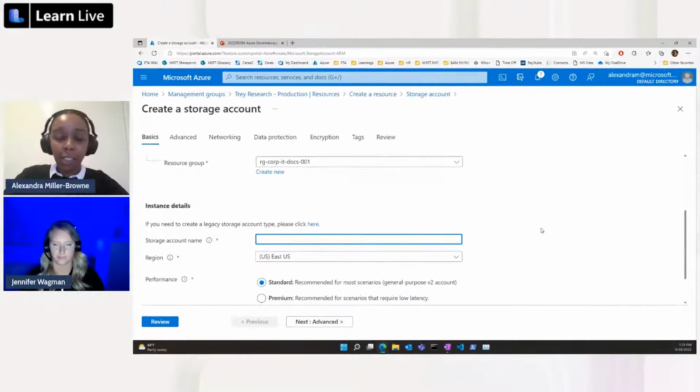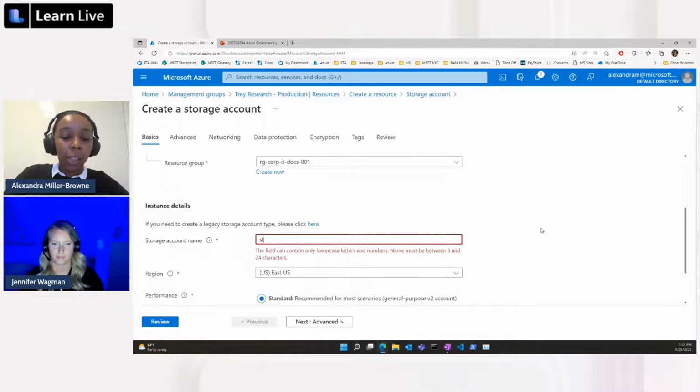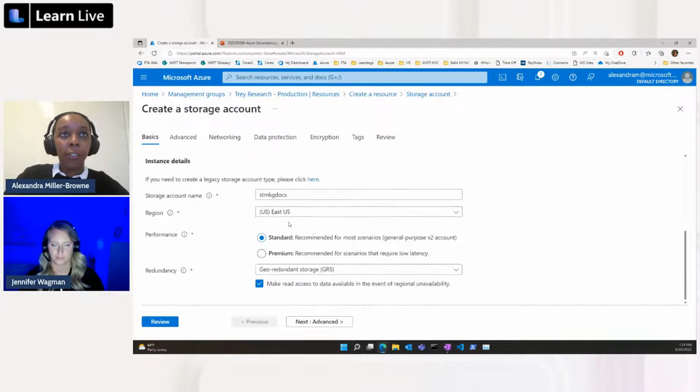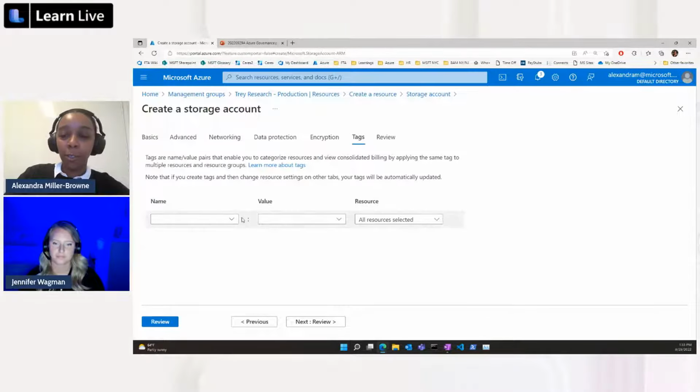And then going into this as well, so we're going to start out with ST, and then we can say marketing docs for ourselves. So here we can have the storage account, and we know the purpose is for it to be marketing docs, and then also add in that 001 just to indicate it could be the first of many iterations. I'm going to go over actually to the tagging portion of this